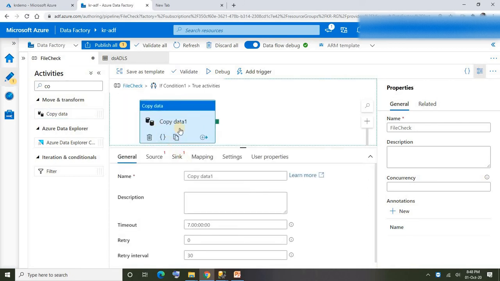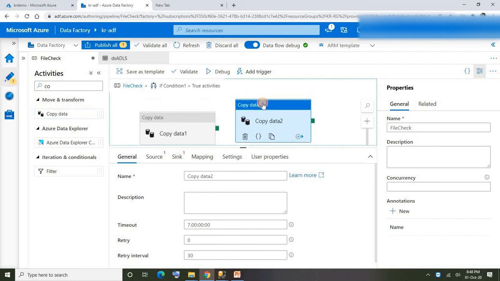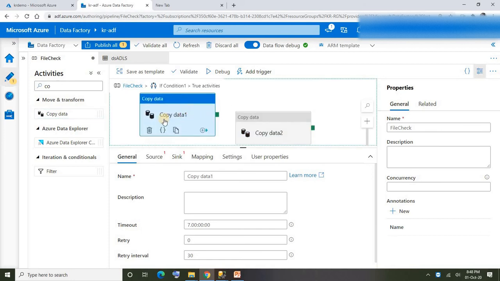For that I'm going to use a copy data activity. As I'm not doing any sort of transformation, copy data activity is more than enough for me. Once it is done, I need to archive the file, so for that again I'm going to use one more copy data activity. First let me complete the first copy data activity to load the data from file into table.